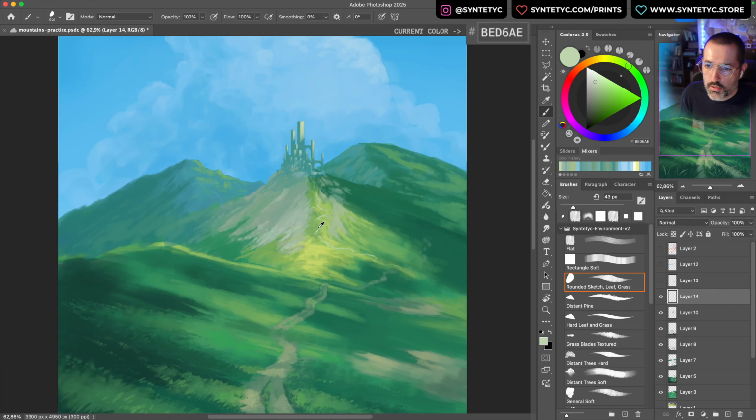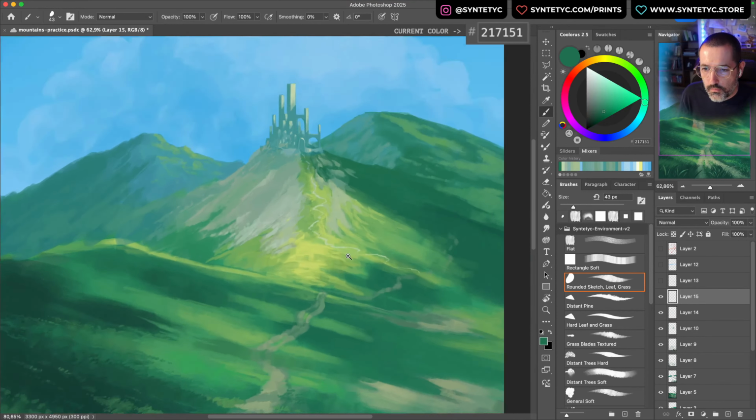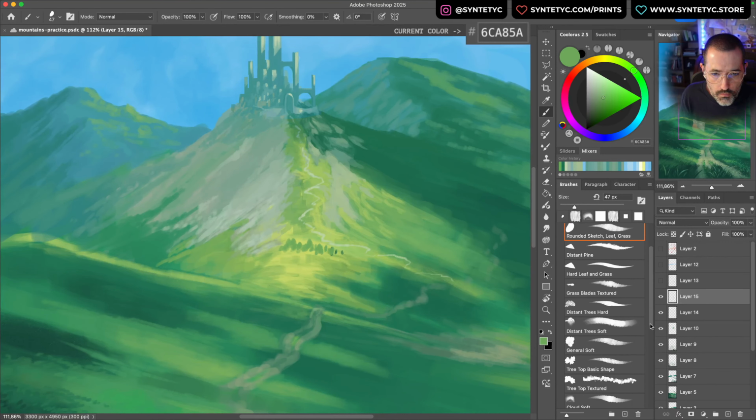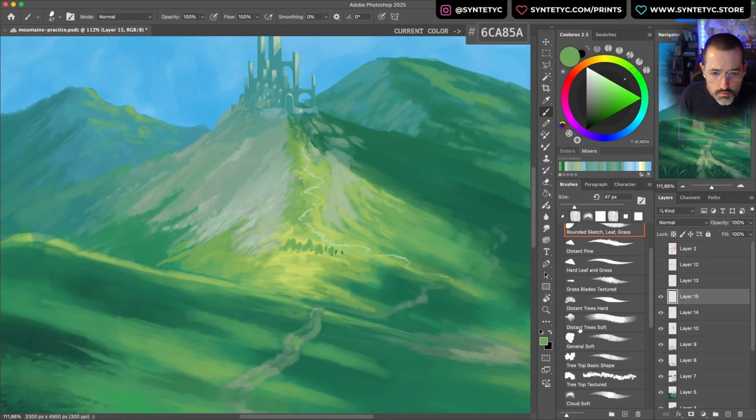Okay, this is the path to the castle, and I'm going to add simulated trees. Actually, it's a forest, so I'm going to use the distant trees soft. This brush is perfect for this purpose,